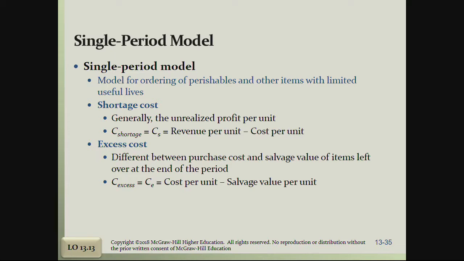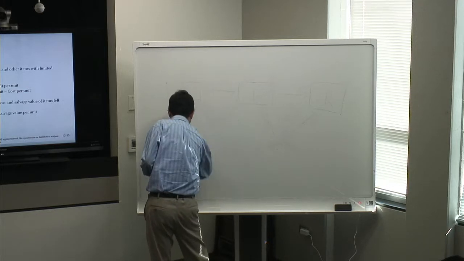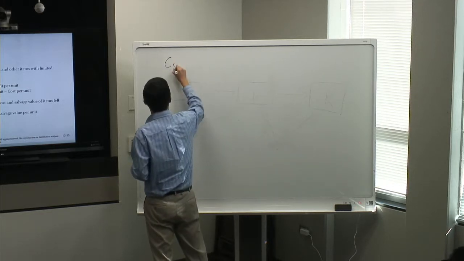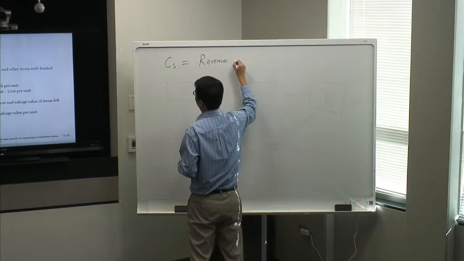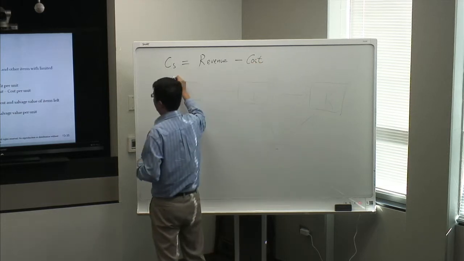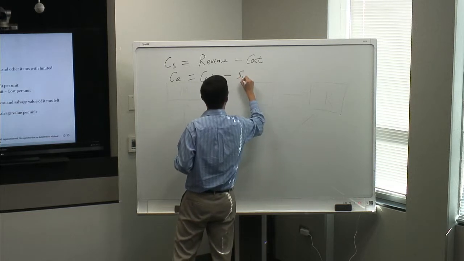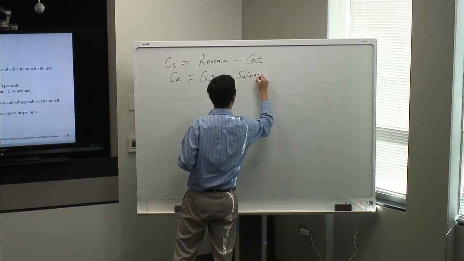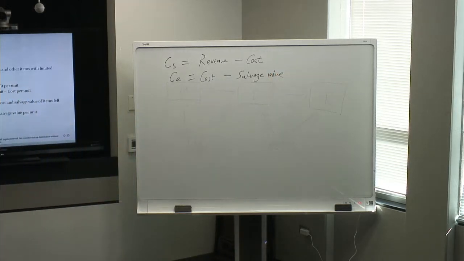Right? Definitely the cost per unit is positive. So now we know how to estimate these two costs, right? Shortage cost and excess cost. So I want to write down this for you guys. Shortage cost, CS, is equal to revenue minus the cost. CE is the cost minus salvage value. Okay, now we can move forward to